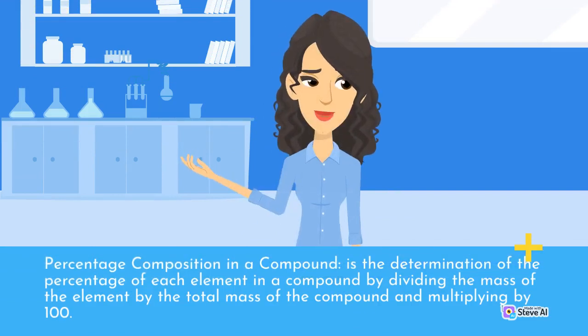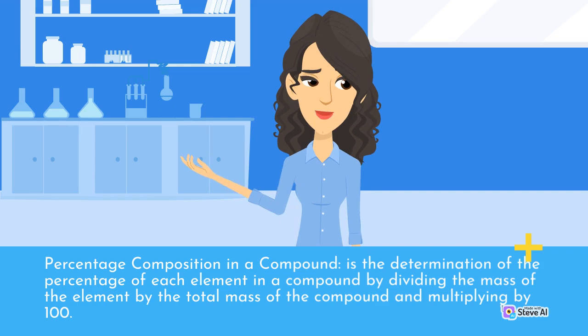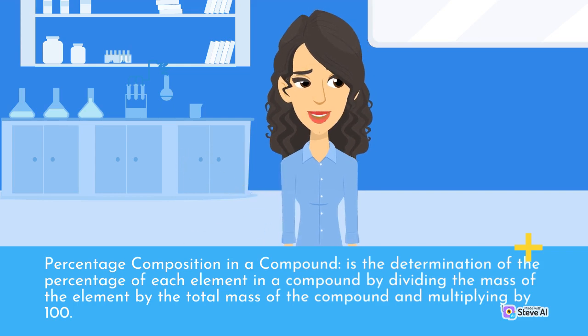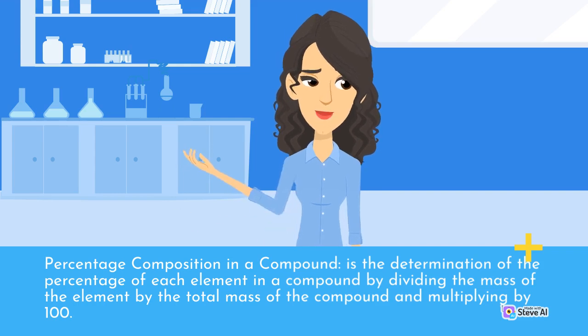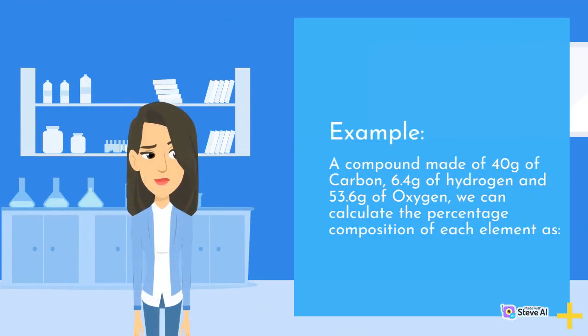Percentage composition in a compound is the determination of the percentage of each element in a compound by dividing the mass of the element by the total mass of the compound and multiplying by 100. Example: a compound made of 40 grams of carbon, 6.4 grams of hydrogen and 53.6 grams of oxygen. We can calculate the percentage composition of each element as